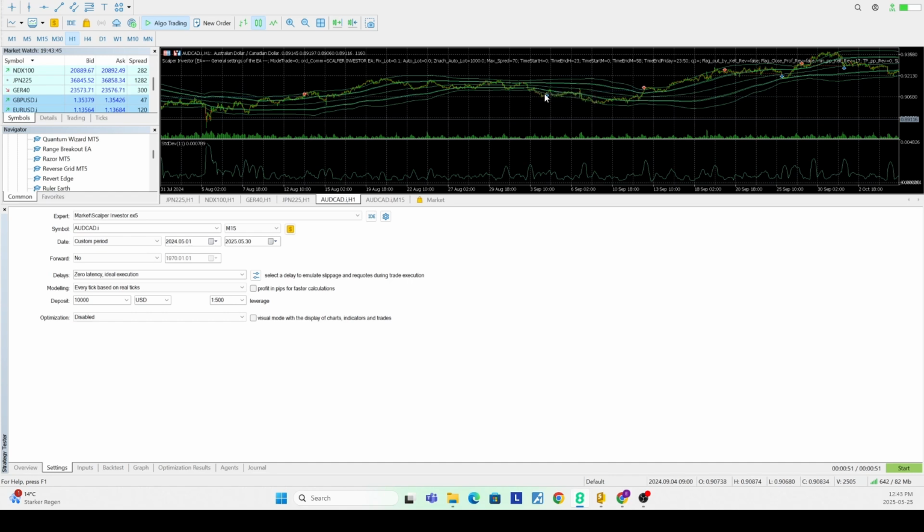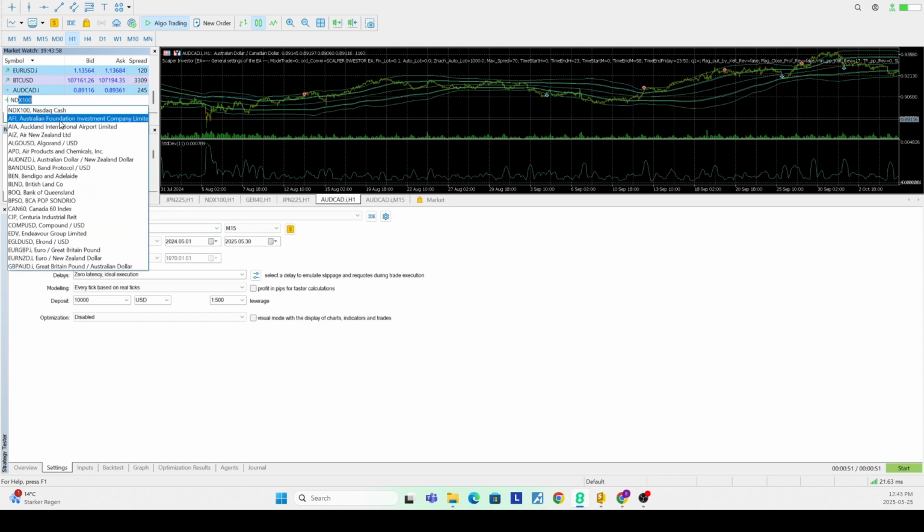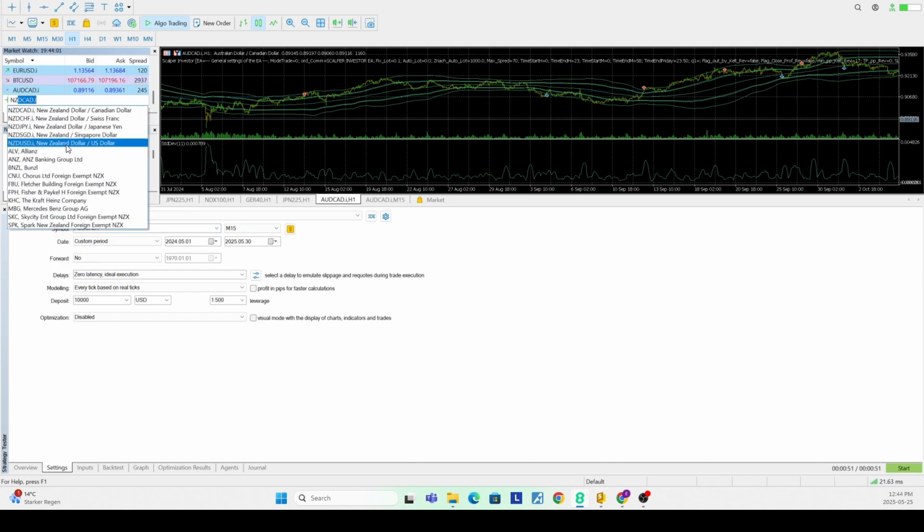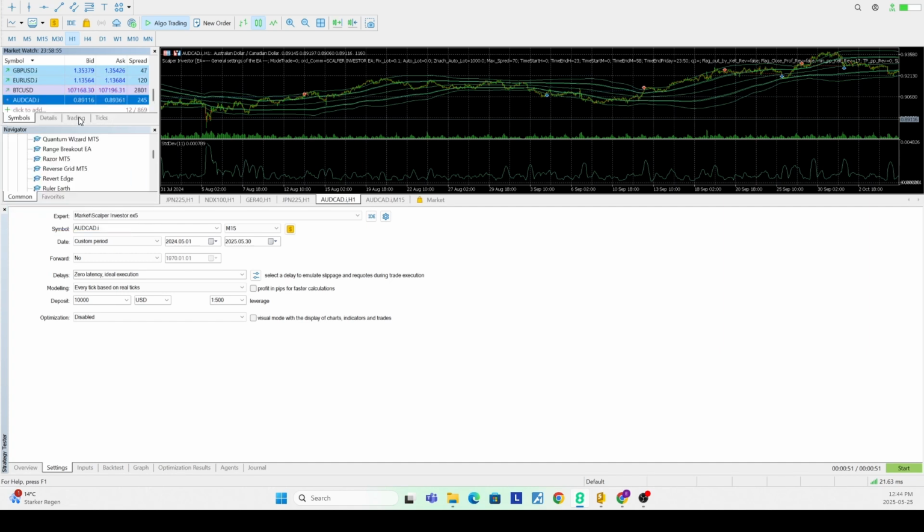My one caveat though is if this system works with many different pairs, that would be a really good sign, because if it's able to, using the same settings, also run, let's try New Zealand CAD for instance, if it's able to run a variety of different pairs with the same settings, that's a good sign that it's actually likely rather robust. Because if he's giving you a completely different set file for every single pair and he's run so many different automations, that's not a great sign, because it means that there's increased risk of overfitting. But if it's robust across a variety of pairs, and I venture it is, that's usually a better sign for